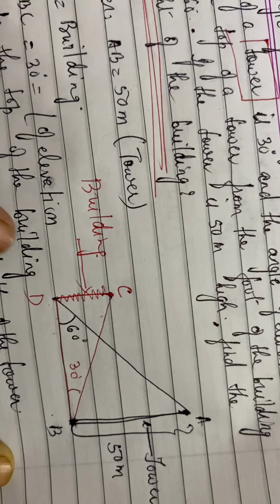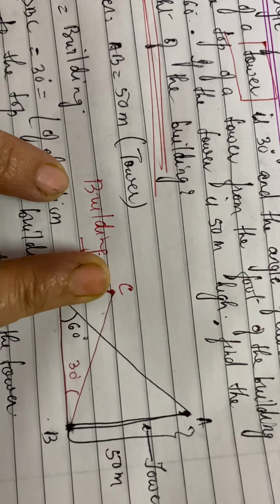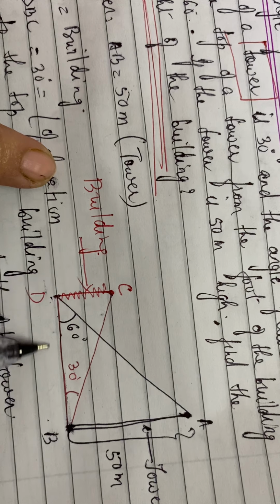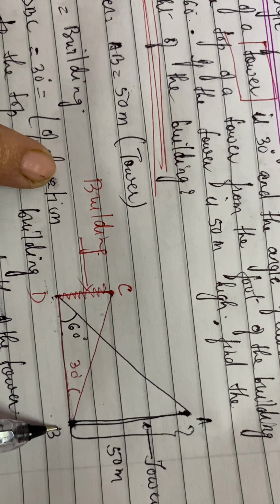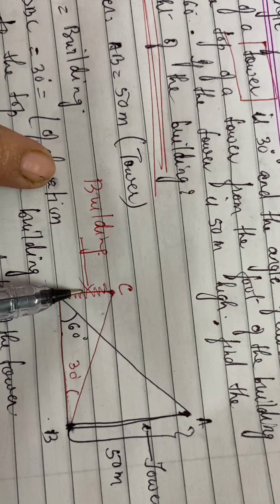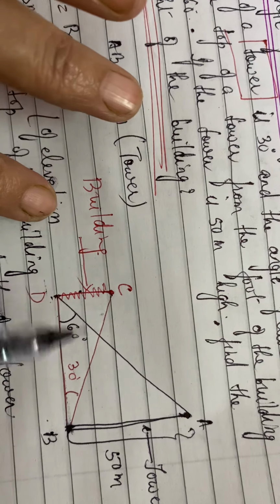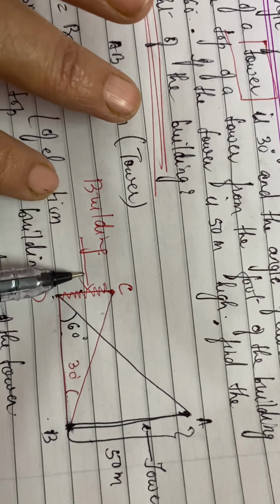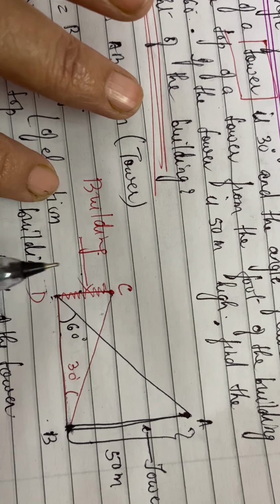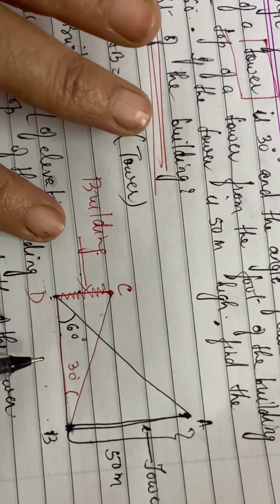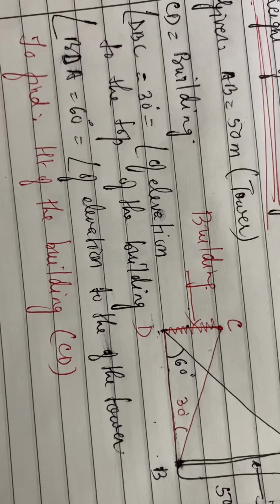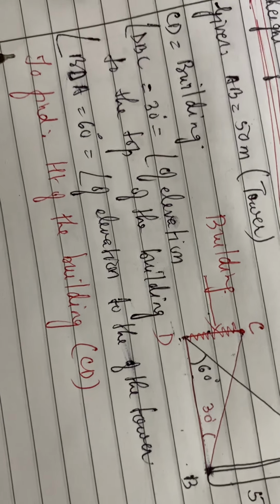Fine. Now if you have a look here, we have two triangles, CDB and ABD. Both have a common base, right? And we have to find the opposite side. For 60 degrees you have the opposite, and for 30 degrees also you have to find the opposite. The adjacent is common. So again we will go for the tan ratio. Fine. So in your solution,